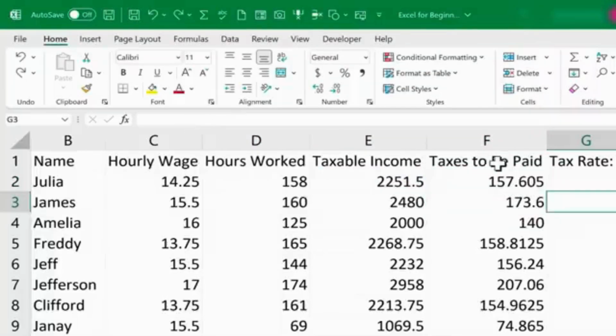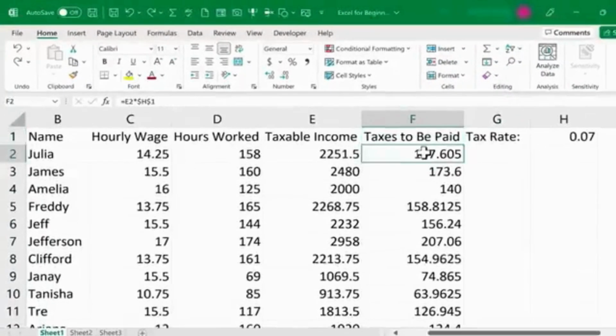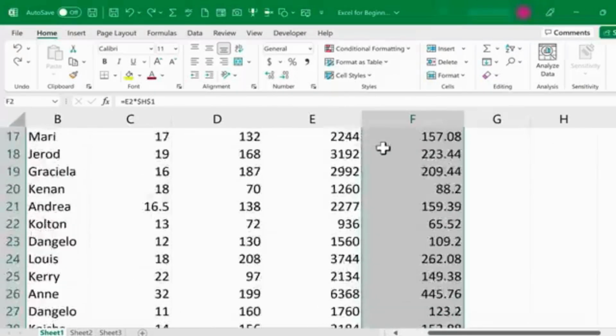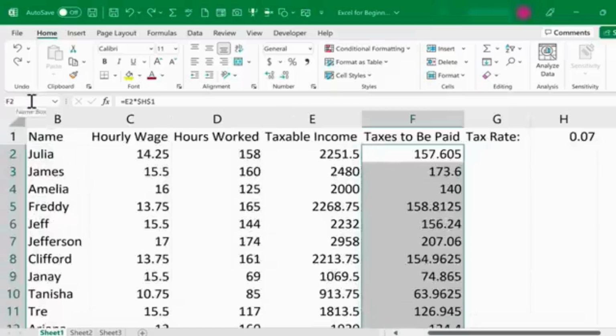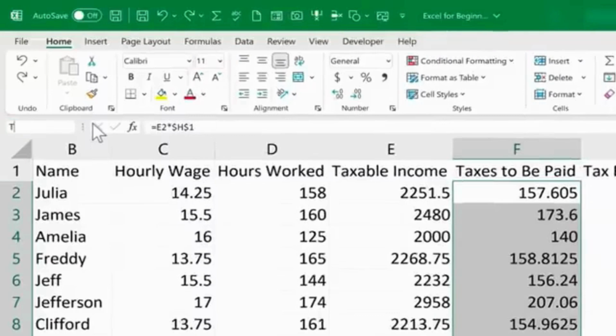And finally, it's important to know that you can change the name of a cell and also the name of a range. So for example, I could click here on F2 and drag all the way down the spreadsheet, and then I could go here to the name box, and I could click, and I could change the name that's in that box to be something like taxes owed. And I'm not going to put in any space